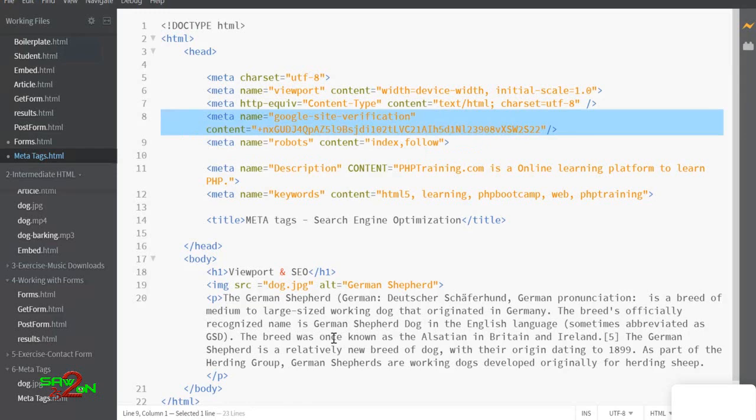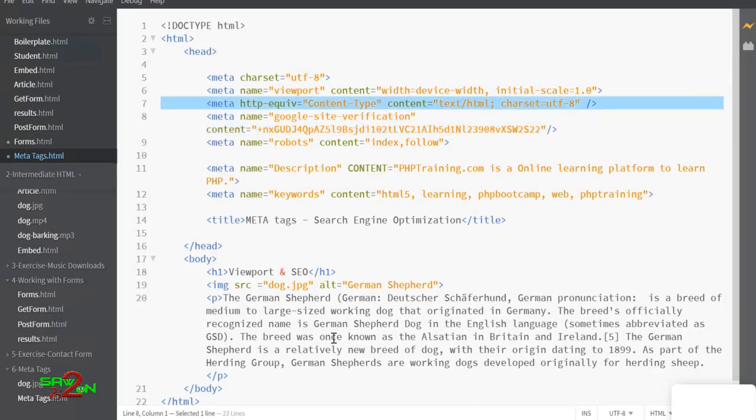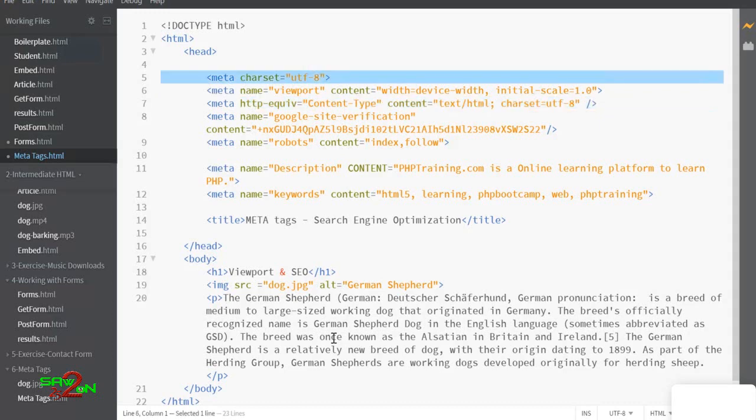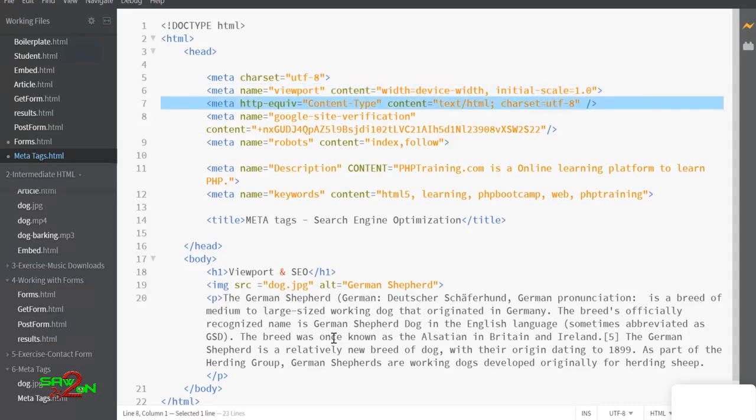When you add your website for the Google search engine to search your website, they will ask you to add this verification inside your head tag. This is how you can do that. Again, for verification purposes, you can use a meta tag. You can also use content type to tell what the content of this HTML page is. You are saying text/HTML and the charset is UTF-8. Obviously you have written 8 twice, it's a duplication. You can remove it, but you are basically telling the content type. When someone wants to see the content type of the page, they will see this.